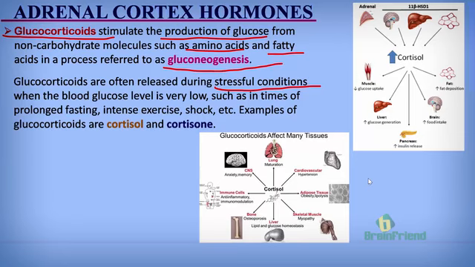There are different types of glucocorticoids. There are different hormones that are placed in this category. They include cortisol and cortisone. The most common example of glucocorticoid is cortisone. We can see the cortisone or cortisol coming into play. When cortisol is secreted from the adrenal cortex, it goes down to the muscles of the body, to the liver, to the pancreas, and it can go to the brain, all over the body, trying to cause an increase in blood glucose concentration.